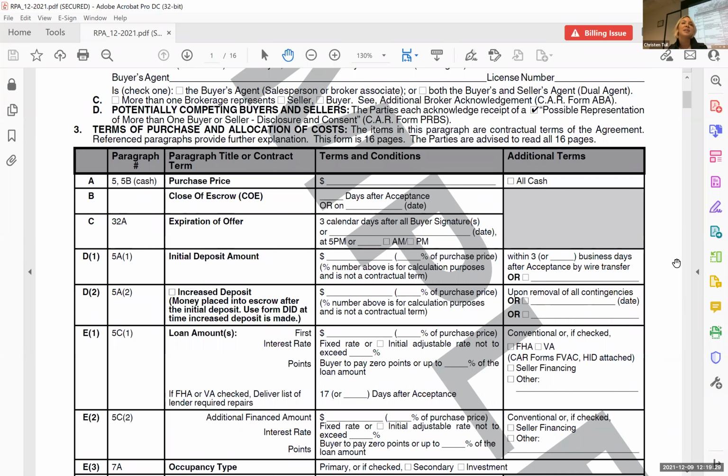So if I write a finite date, maybe 30 days from now, yet it takes me about 2 weeks to get through counters and get something accepted, I have then lost half of my escrow period. My buyer's lender, if they have a loan, most likely will not be able to complete what they need to complete in the timeframes we have available prior to closing. So finite dates are not typically used. When they are, they're usually really far off,